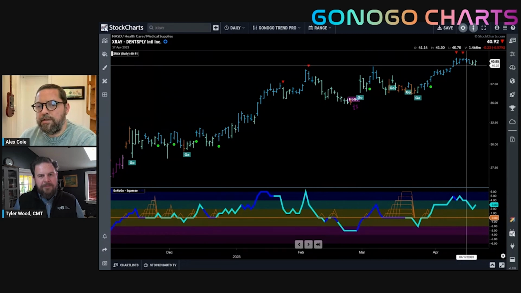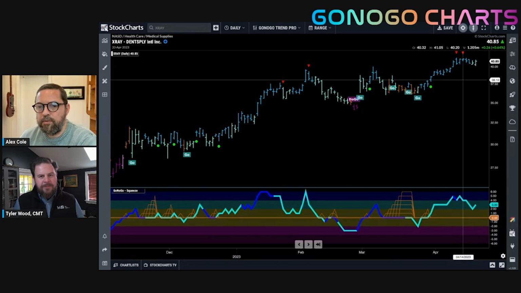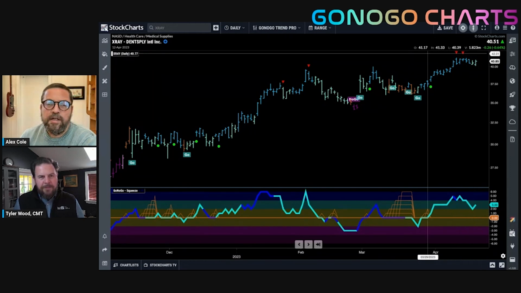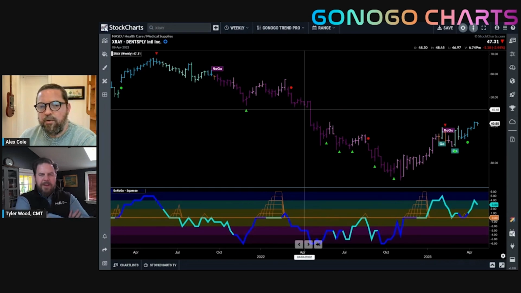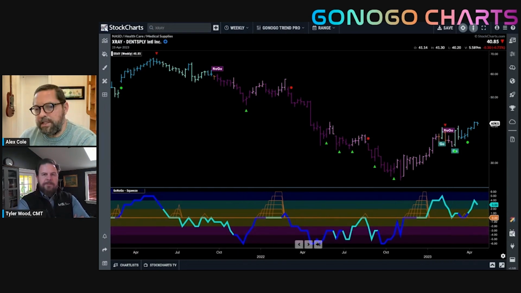So we're looking to find support at this level. If the oscillator gets back to zero, then we'll look for support to see if that holds, and see if this trend can continue to move higher and set new highs. And the other thing that's exciting about this one, Tyler, if we back it out to a weekly chart, we get the sense that this could be perhaps early days.